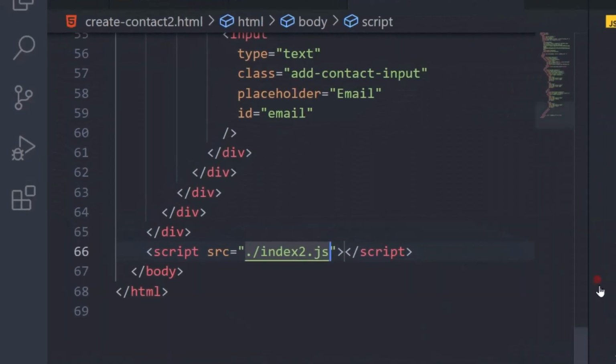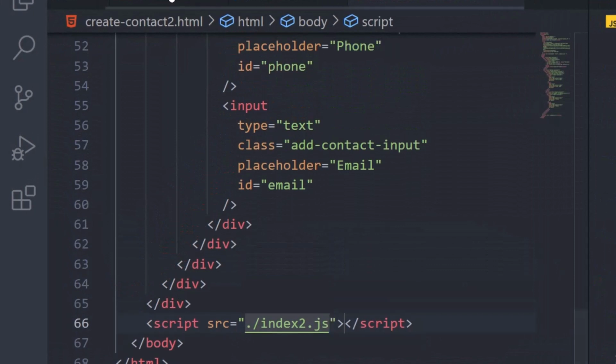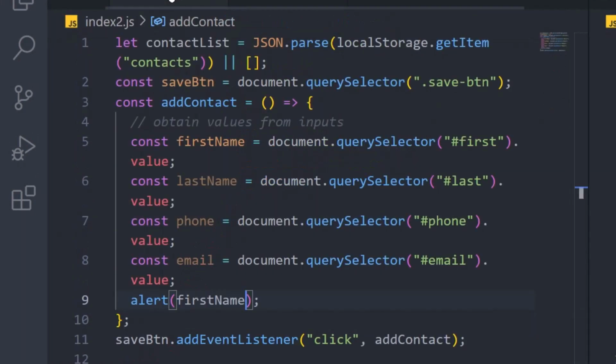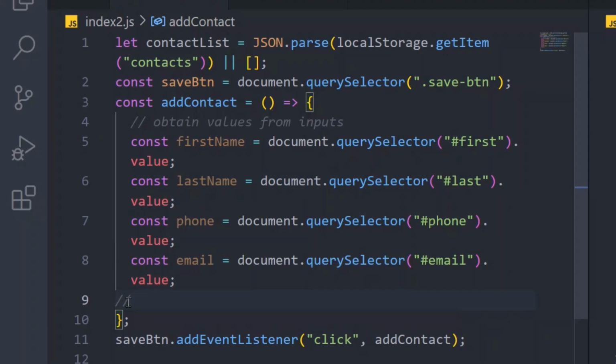Now let's continue. Back to the index2.js. Now after I have been able to obtain all the data, the next thing to do is to create a new contact. Okay, so I'll say create new contact